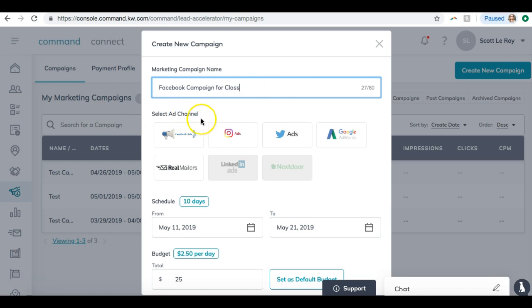And then down below you can select the ad channel, whether that's Facebook ads, Instagram ads, Twitter ads, Google AdWords, or Reel Mailers. This is like a mailing company. So you will probably notice that back on that applications page there wasn't a spot to link your Instagram. That is actually linked through Facebook, so if your Facebook is linked up you should be able to click on